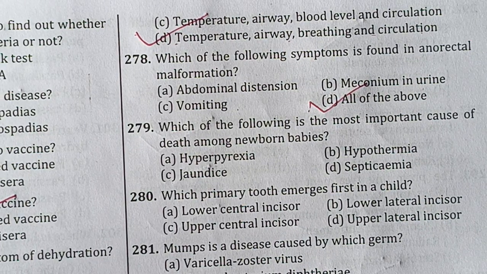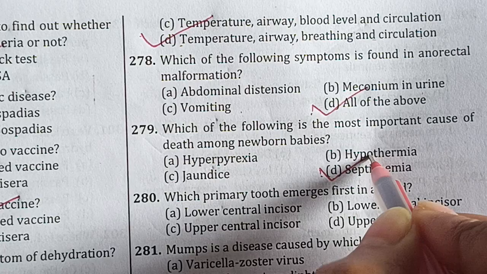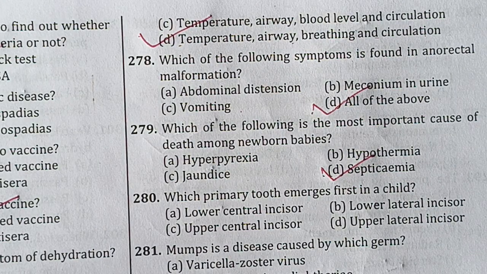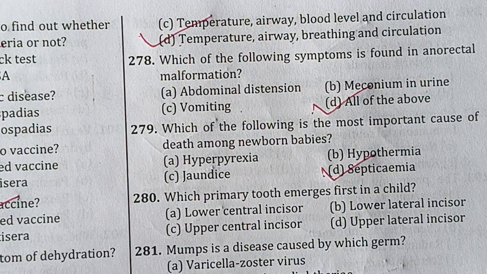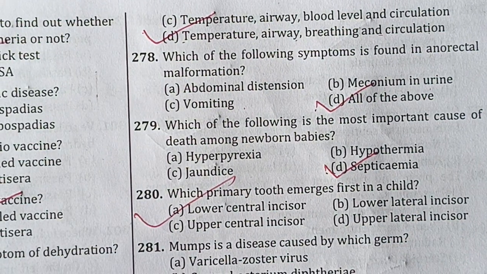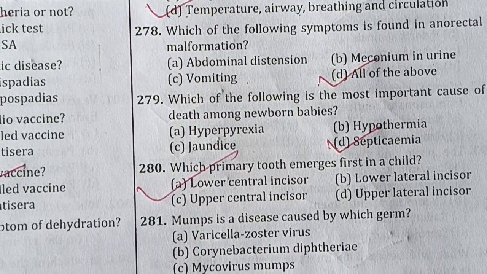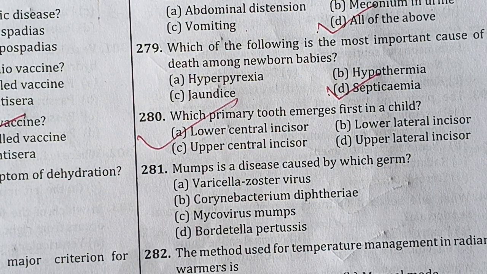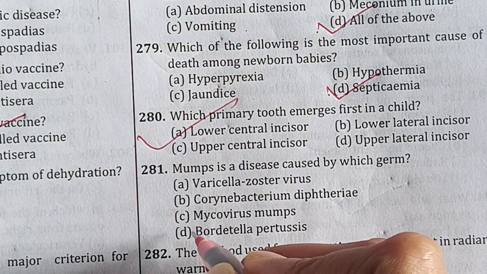Which of the following is the most important cause of death among newborn baby? Septicemia. Which primary tooth emerges first in child? सबसे पहले कौन सा प्राइमरी tooth emerge होता है? Lower central incisor. Mumps is a disease caused by which germ? मम्प किस जर्म्स के कारण होता है? तो वो होगा मिक्सोवायरस मम्प।